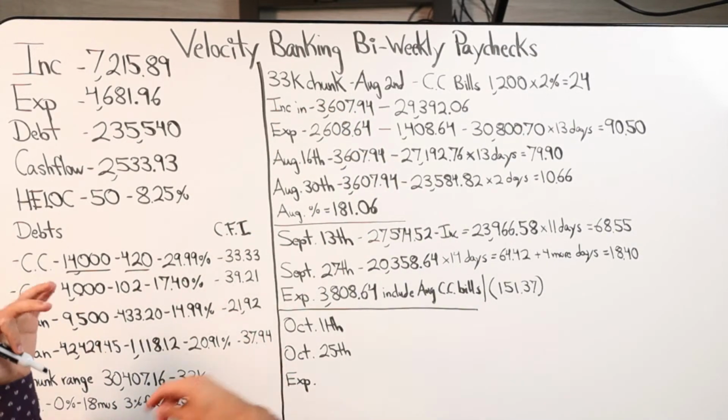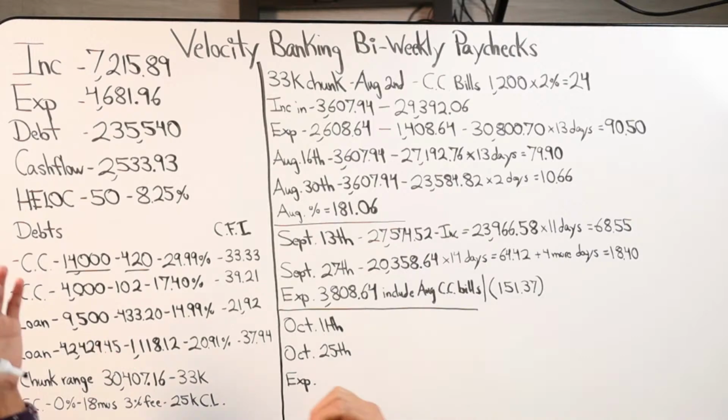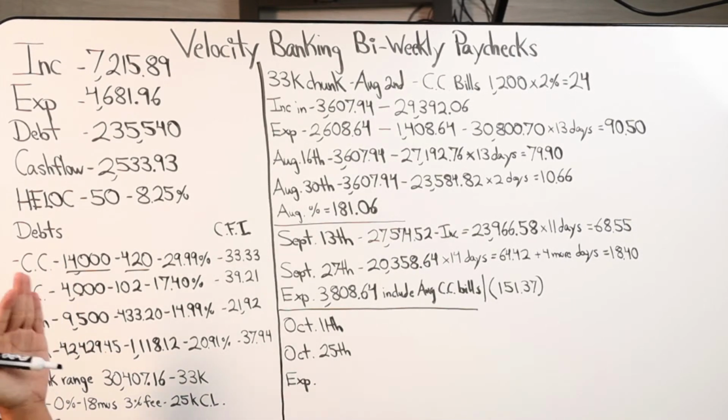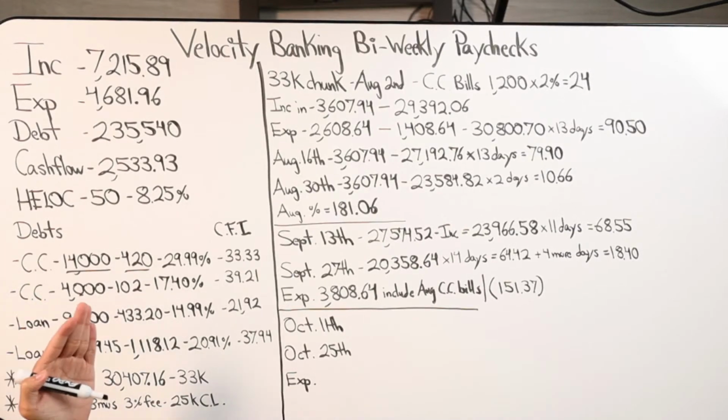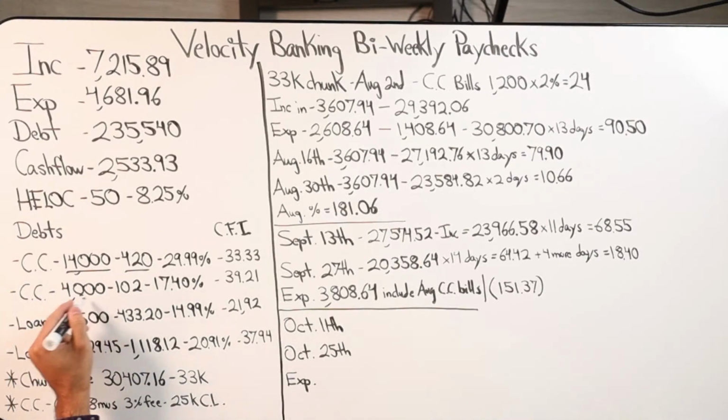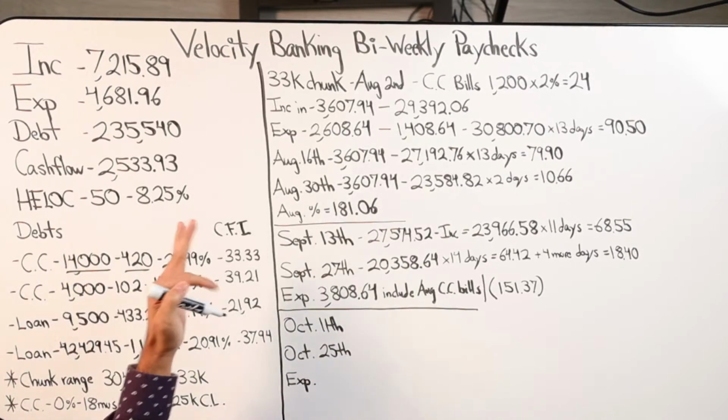The only argument or leverage that debt snowball has is the philosophical perspective, not necessarily a mathematical one, but the philosophical perspective that the average person will build more momentum. They'll stick with the plan longer by starting with the smallest debt and working your way up, creating that snowball